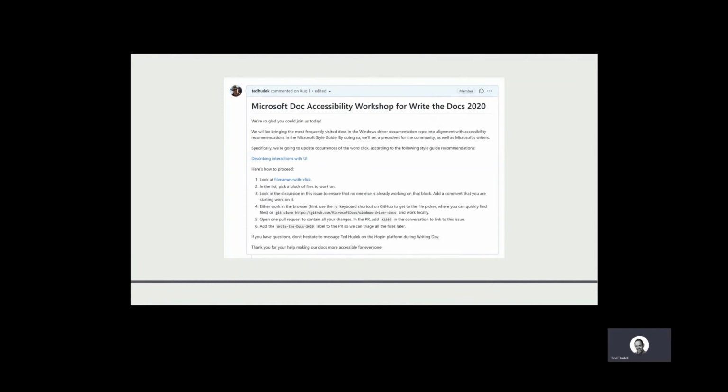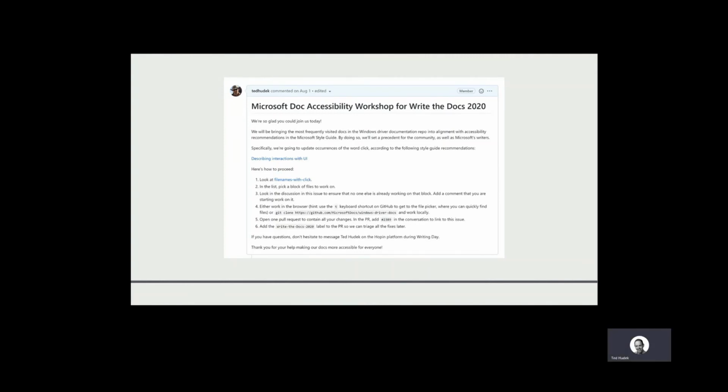I picked the most viewed pages in our docs, and then just sorted those alphabetically, split them up into groups of 20, and then put them in a gist. A gist is just a way you can upload a file. So I just uploaded it as a gist, and then